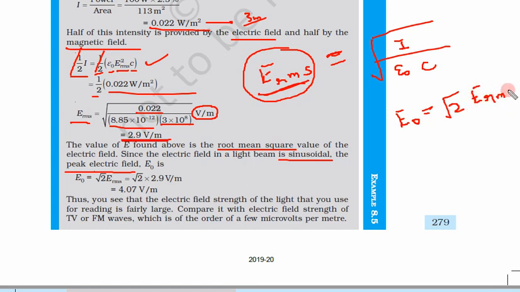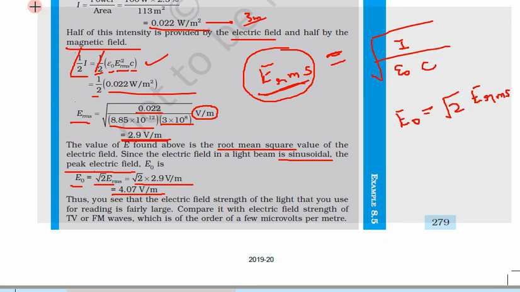So then we get the peak value. E_RMS is 2.9 volt per meter, so the peak electric field is root 2 times this. When we multiply, we get 4.07 volt per meter. This is the maximum value